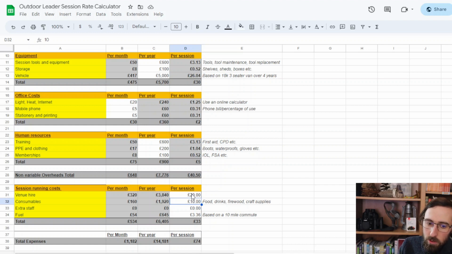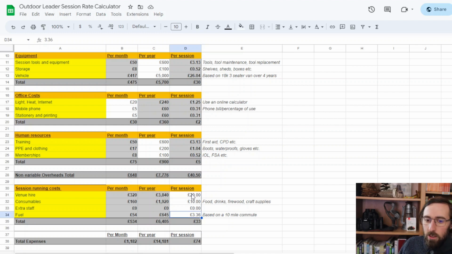You will need a budget per session. Extra staff, this will again be determined by your circumstances. I tend to run most of my sessions on my own, so I don't have this cost because I can usually manage the ratios well enough and either have parents stay with or get a parent volunteer along the session. So this is a place you can make savings, or if you have a bigger group, this may be a necessity. You may need to spend a bit on extra staff.